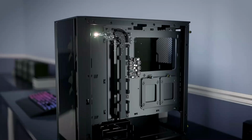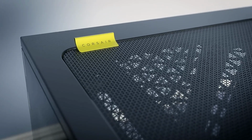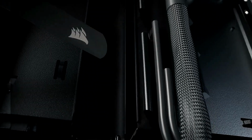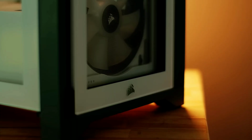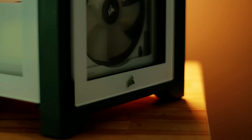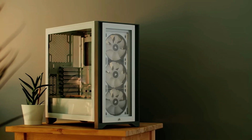Corsair 4000X. Immerse yourself in the world of gaming with the Corsair 4000X mid-tower case. Designed to marry style and performance, this case is a visual treat with its stunning tempered glass side panel that lets you showcase your build in all its glory. Equipped with Corsair's renowned RGB lighting system, you can customize the case's lighting effects to match your mood or gaming setup effortlessly. The spacious interior provides ample room for high-end components and advanced cooling solutions, ensuring that your system stays